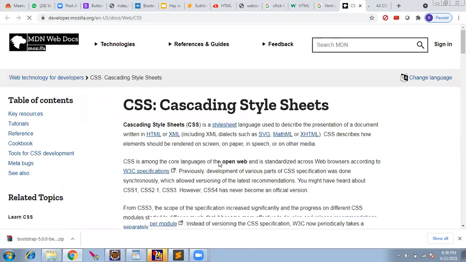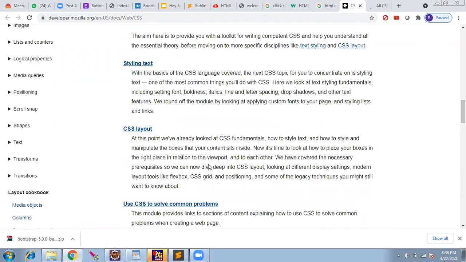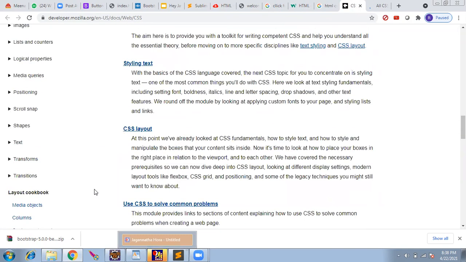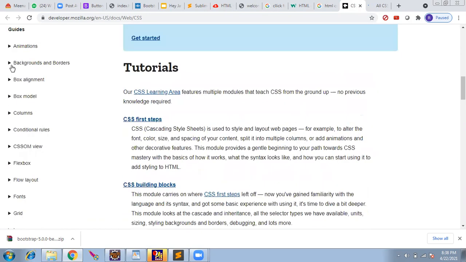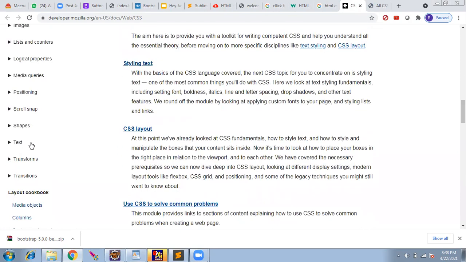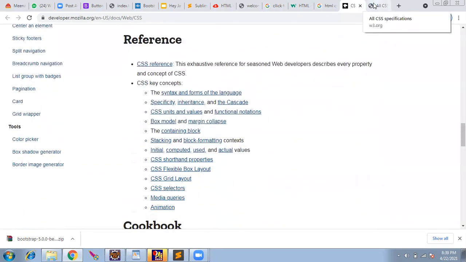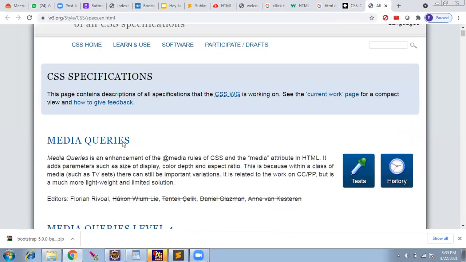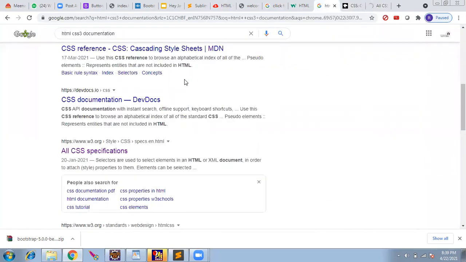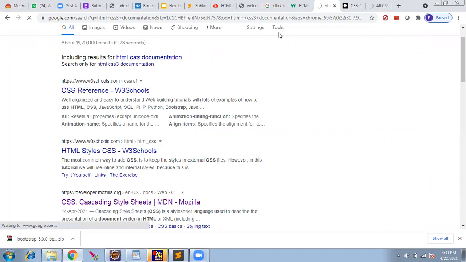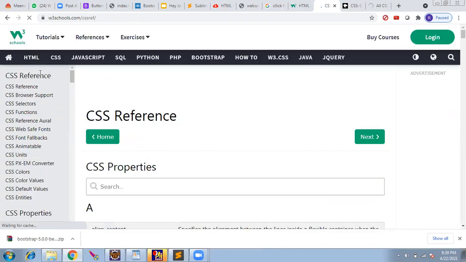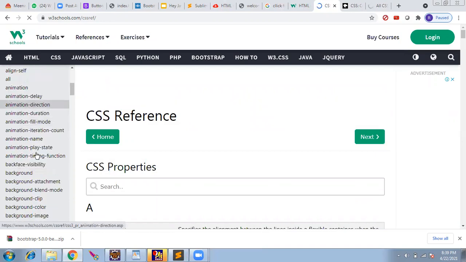If I go to Mozilla, here it is. These are the reference. Okay, CSS reference.